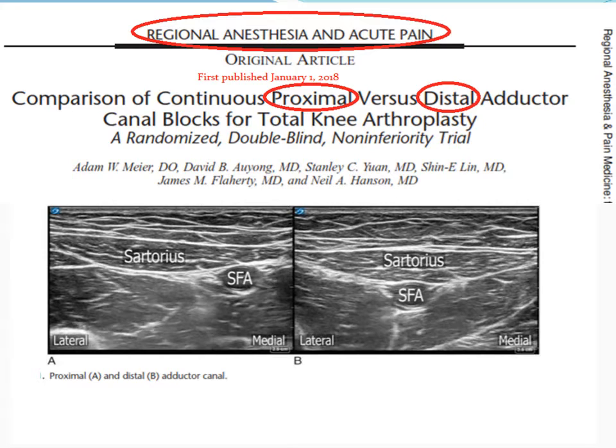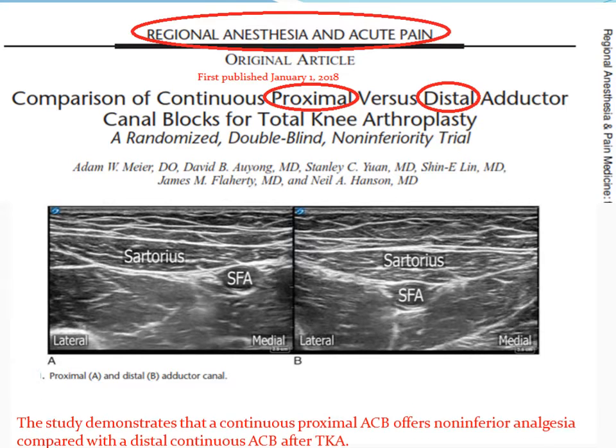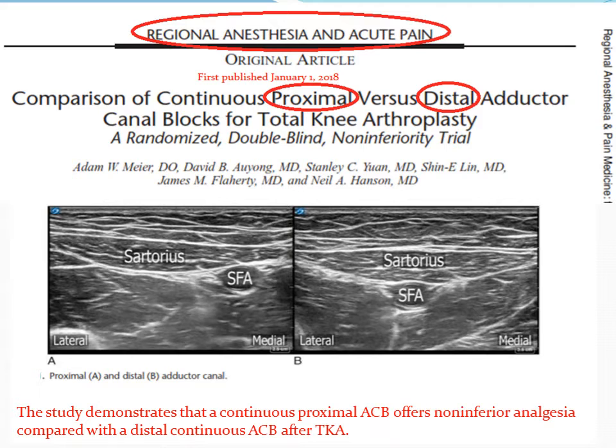As we go with the probe more distally, the same superficial femoral artery moves from the medial location to a more lateral position. The study demonstrated that